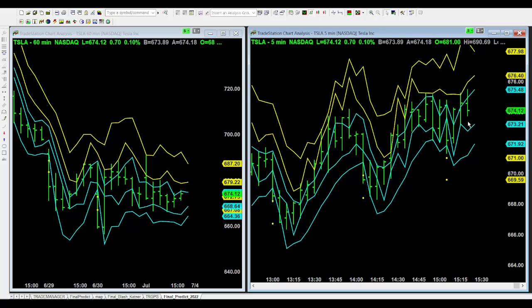So right now it's a fluctuation between these two trend lines. And if it starts to drop, it could possibly have a tendency to drop even to this